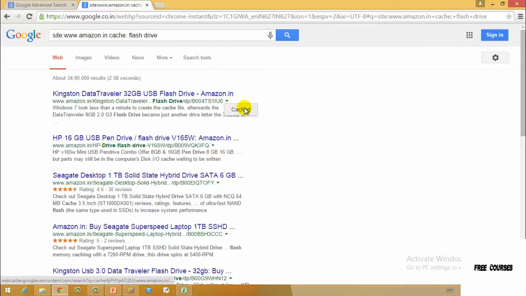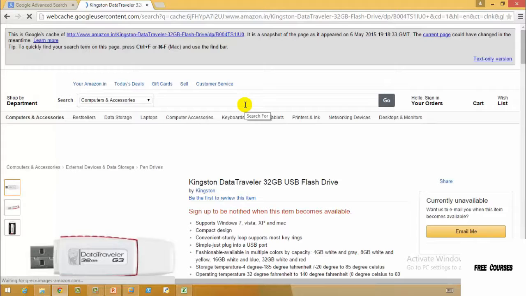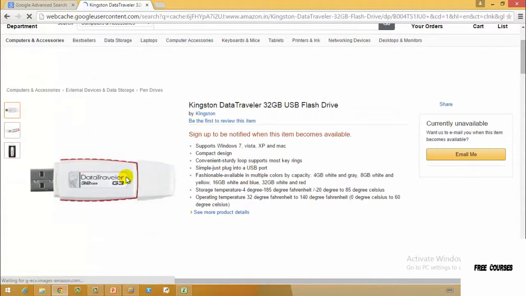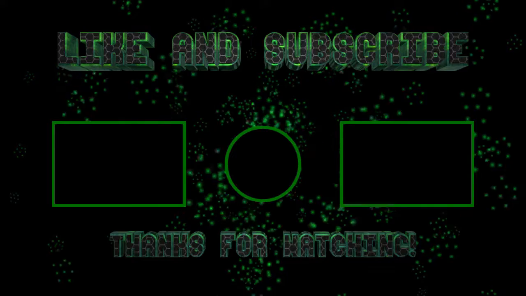If I check the cached web page, and if the Amazon website is not careful in clearing their cache memories, then what may happen, for example, is that Amazon has this 3G data traveler on the 30th of December, at some specific